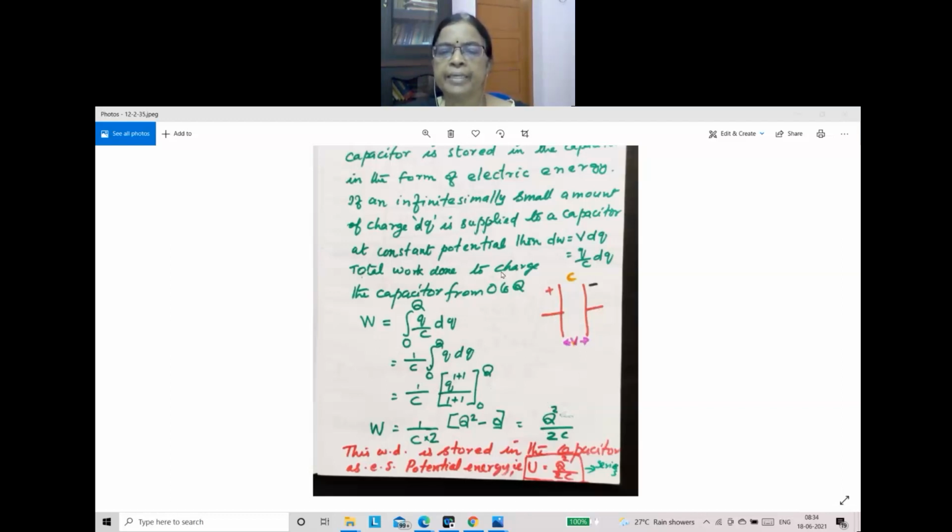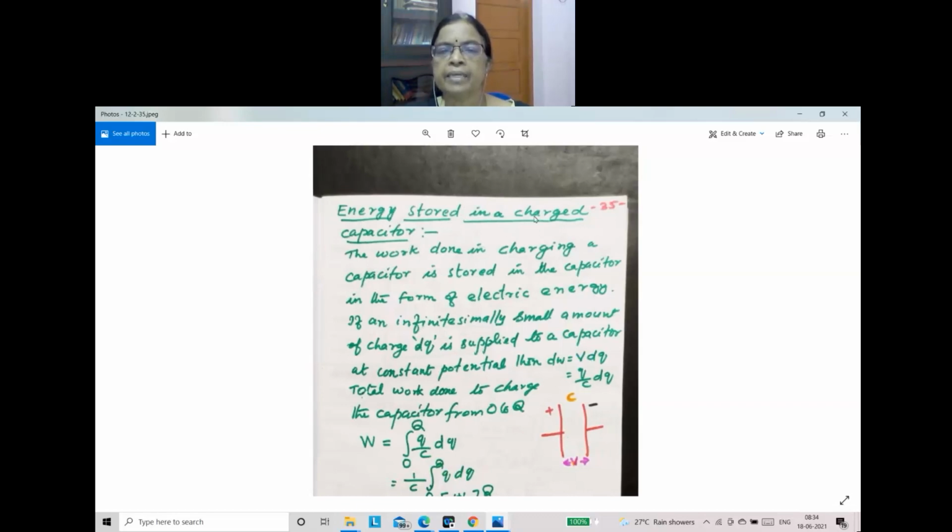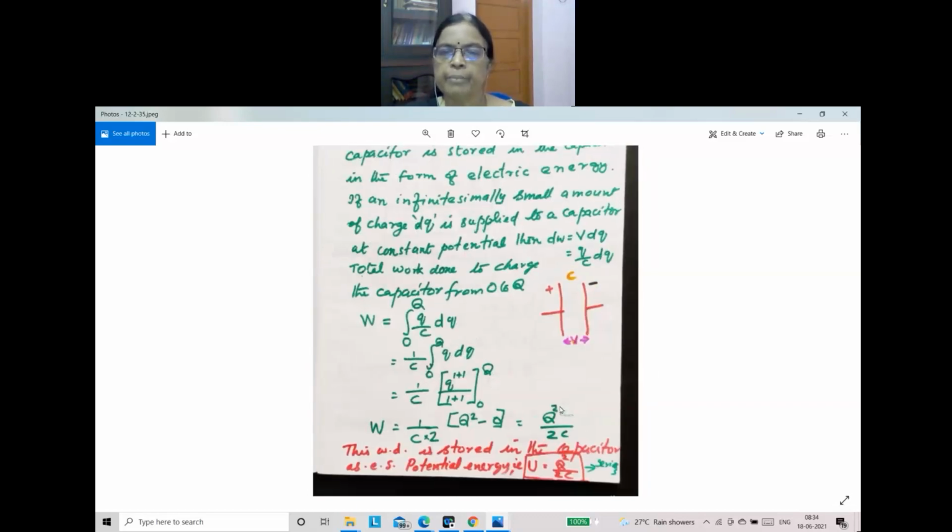Now we are finding the expression for energy stored in a capacitor. So see, during the time of charging, charge increases like that. It is a changing process, so to find the work done we have to integrate. Also, work done is equal to Q into V, we know that formula. Here Q is not constant. It is a charging process, changing its charge every instant.